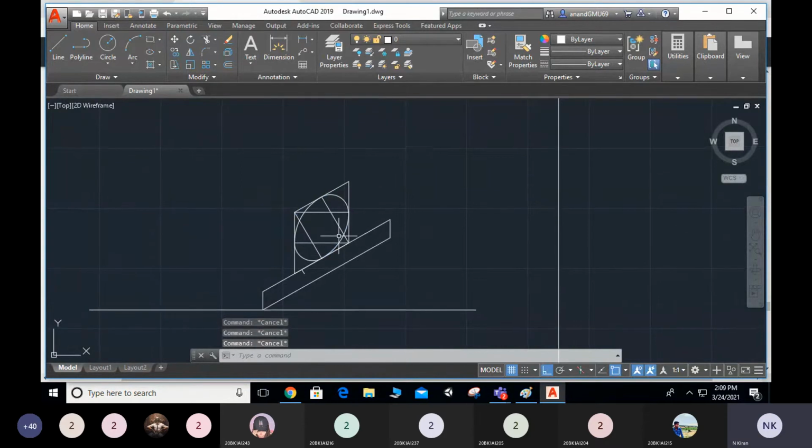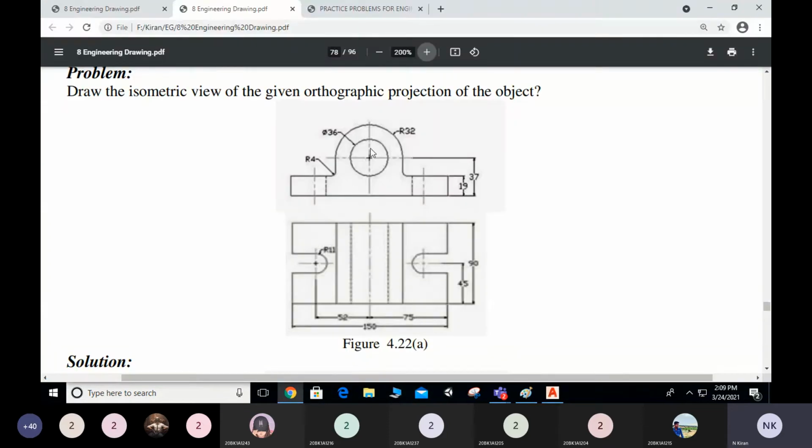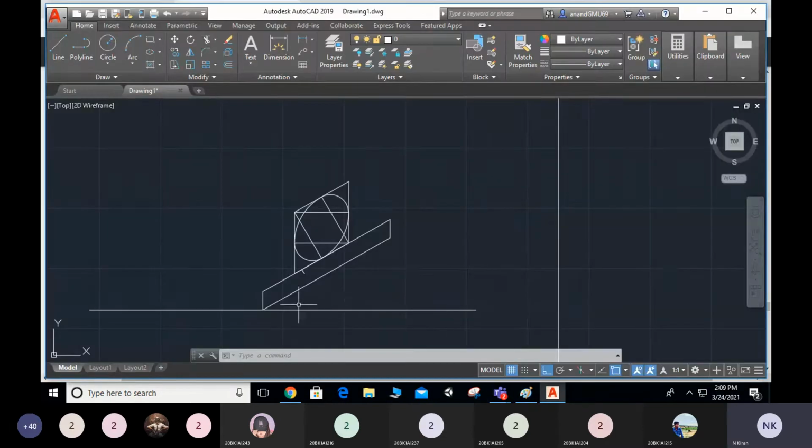After that we can do, and at this center also you will get another circle part. See, this is your circle part which is dia 36. That dia 36 means we have to take a rectangle box of 36 by 36. And after that from this width it is 90 mm. See, this is your 90 mm. So I will draw here 90 mm.